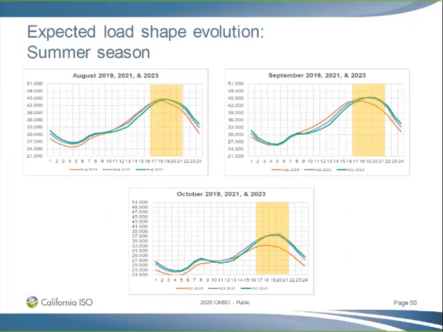Continuing on with the summer months, August, September, and October 2019 compared to 2021 and 2023. Here again, we're seeing that the peak is shifting slightly later for those summer months, but generally the shape does stay the same. In October 2019, you can also see a lower peak compared to the forecast. Again, we did have unusually cold temperatures for a large portion of the state for October 2019, which likely contributed to being lower in the actuals compared to the forecast. But just like the other months in the summer season, you do see that peak load shift a little bit later into the evening hours.